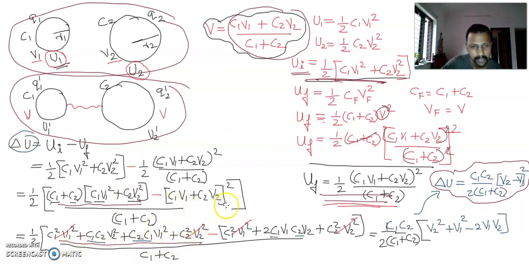Then it is expanded in the form of (a plus b) the whole square. It's written over here. And you could cancel out the terms. Then if we are cancelling out all the terms, in the rest of the terms C1 C2 is common. Therefore, C1 C2 is taken out of that bracket and we will get V2 square plus V1 square minus 2 V1 V2. Then you will get delta U is equal to V2 square plus V1 square minus 2 V1 V2.